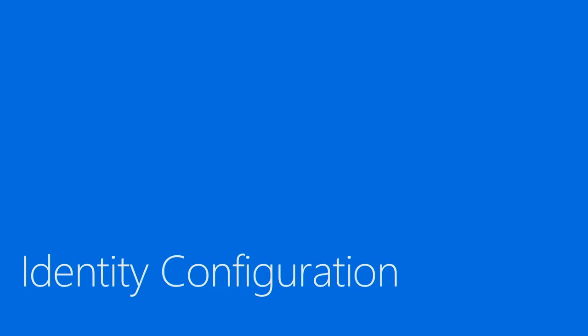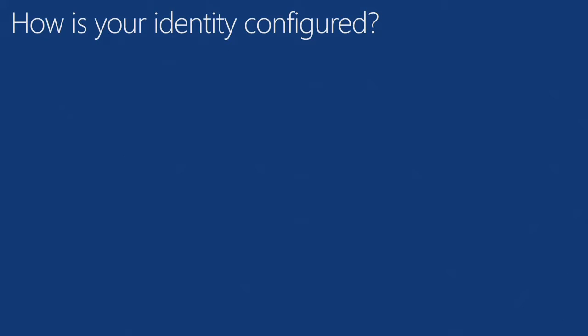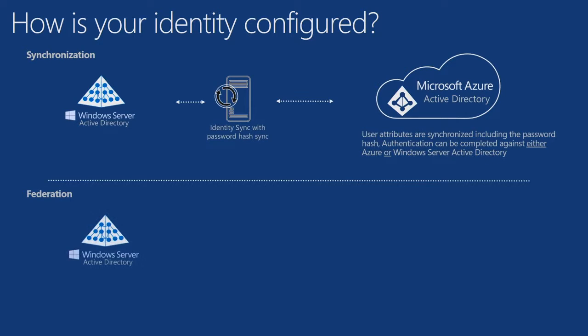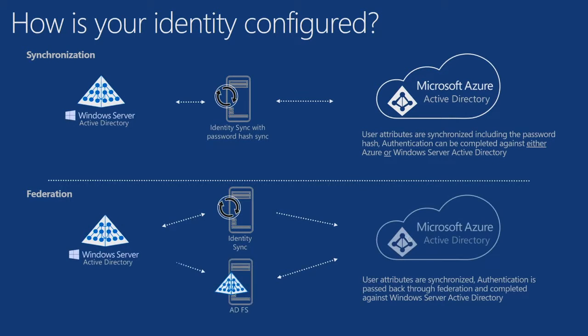Now we're going to look a little bit at identity, and some questions you can ask yourself. How is your identity configured? In some cases, you may be using synchronization with your agency's Active Directory, or you can do federation, where you have an ADFS server that would then do the lookup back down to your Active Directory to keep those identities. Or a third option would be what I was talking about before, where you spin up an IaaS AD that is only used for this cloud workload, totally independent.